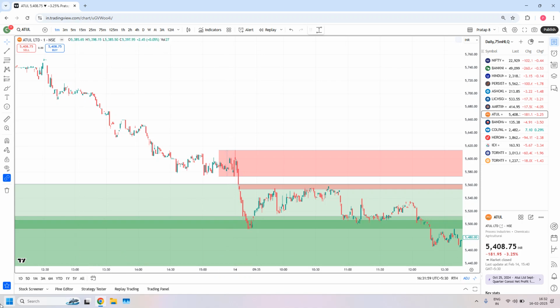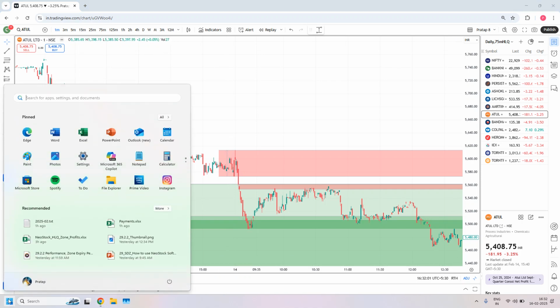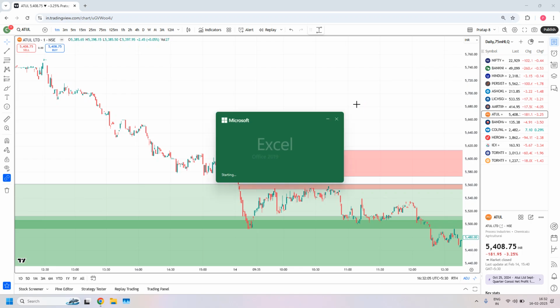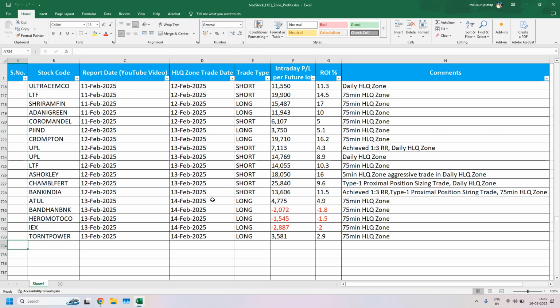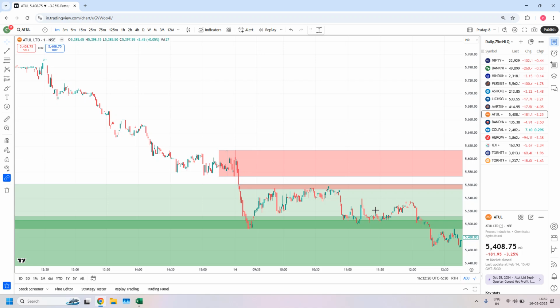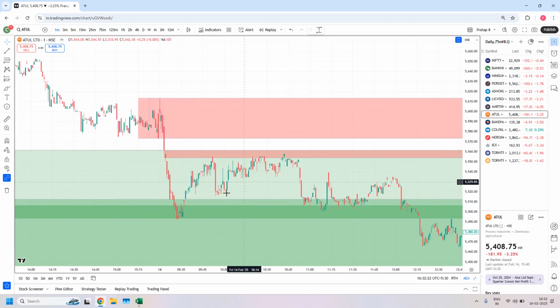So how much profit has Atul given? Atul has given 4,775 rupees profit, which is 4.9% ROI as per one futures margin cost. From here to here. Okay, this is about Atul. The next one is